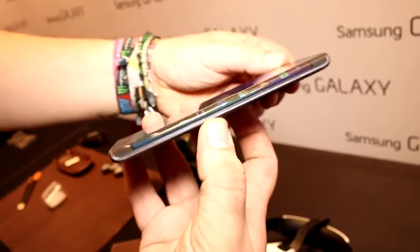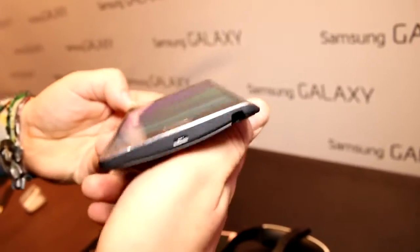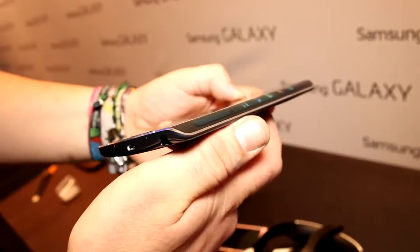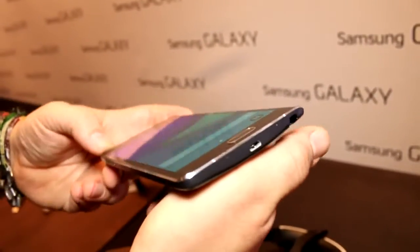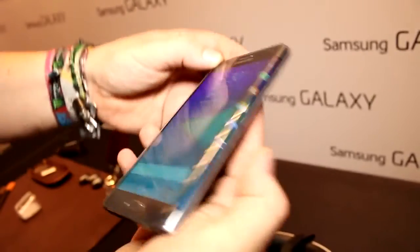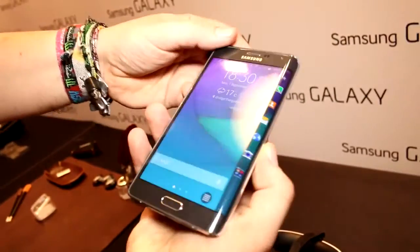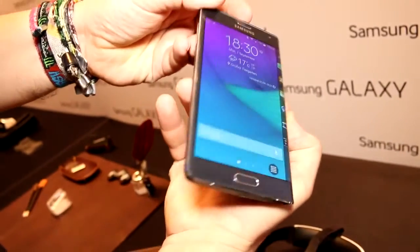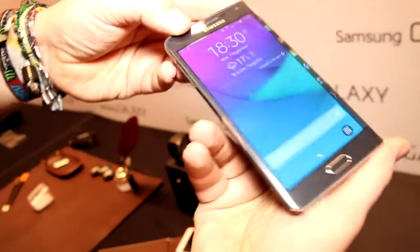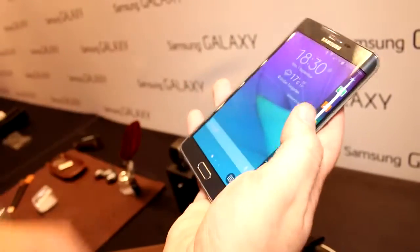And look at this. This is Samsung's new Galaxy Note Edge, which is the first smartphone that's coming to market in a very special shape. So you have a beveled edge right there that has a curved Super AMOLED screen in here, so you can see from the side that it is definitely bending over there on the right side. On the left it's just staying the way you're used to it, but on that side it's definitely a touchscreen